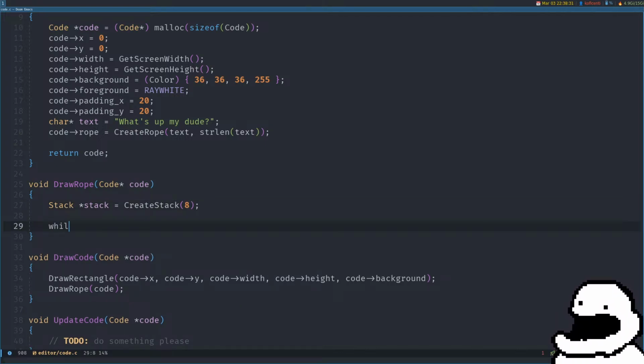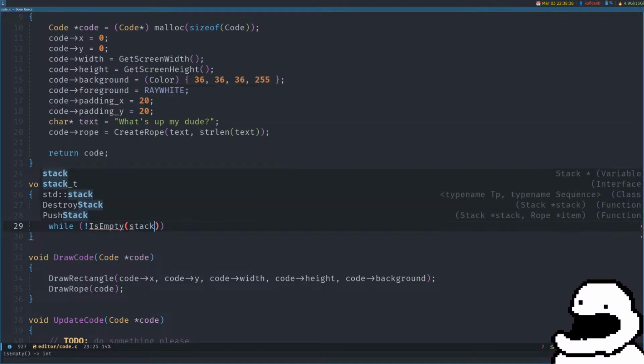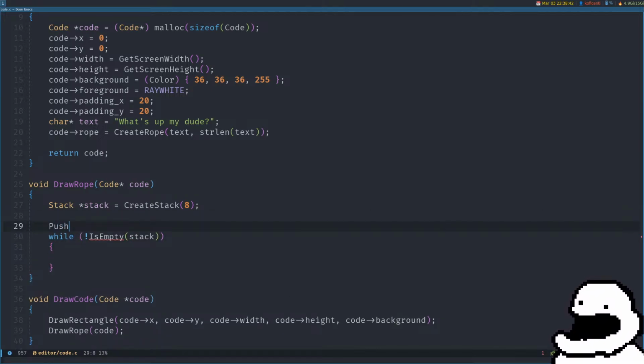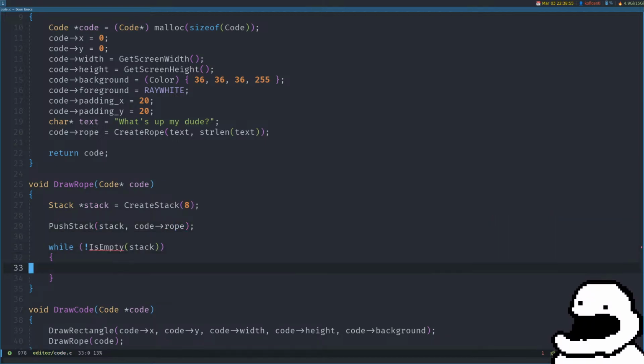Okay, so basically we're going to do while not empty, for the stack. We are going to, oh, actually we also have to push something. We gotta push the root node to the stack. So push stack, and then our code root, or rope. Push our rope to the stack, right? And then we want to handle if it's a leaf node or not. So, am I doing this wrong? Is empty